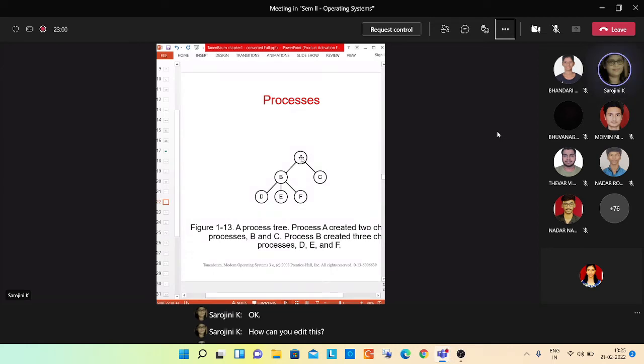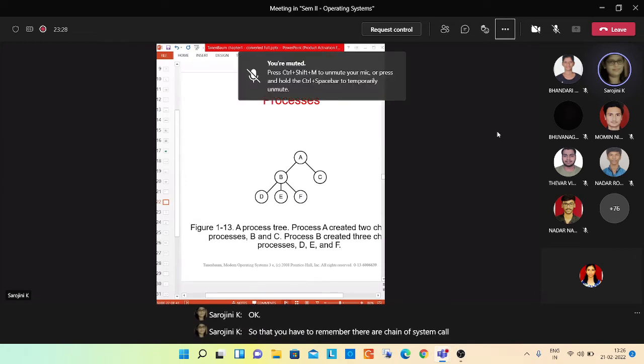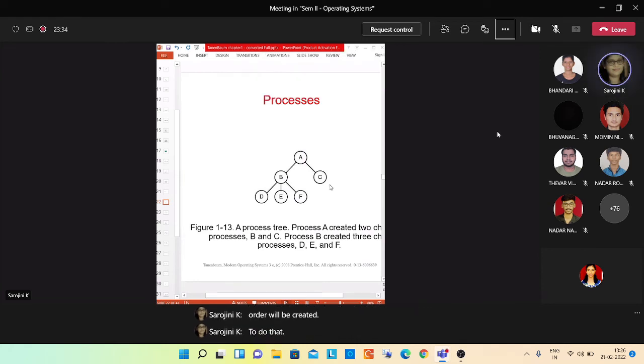First you have to open process A, you have to create a system call, and then that system call should open B. It will not open C because C does not have any relationship with E. So B will be opened, and then you can go to E and edit. So you have to remember that a chain of system calls will be created to do the hardware related functions related to the process.